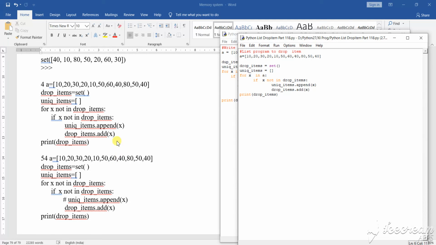Clear? So this is how your list item will occur and work in this particular part. Another program you see here also has the same mistake: for x not in drop item. What is the drop item? The drop item doesn't have any value, the set doesn't have anything. So what will it take? Then how will it work? So x in a, that means for x in a. Now you will run your loop for that uniqueness, so that a unique item has been done. If unique item, you stop this particular